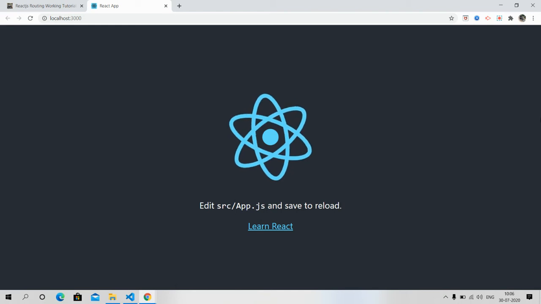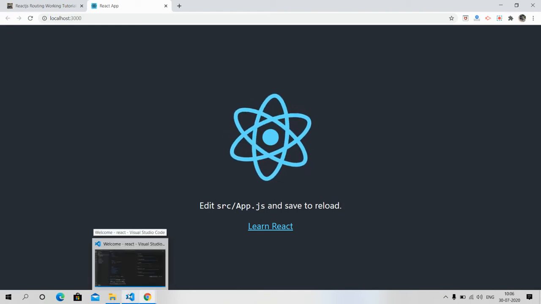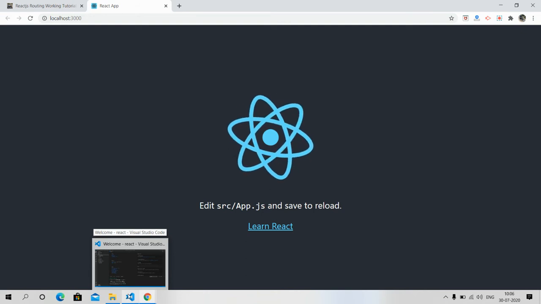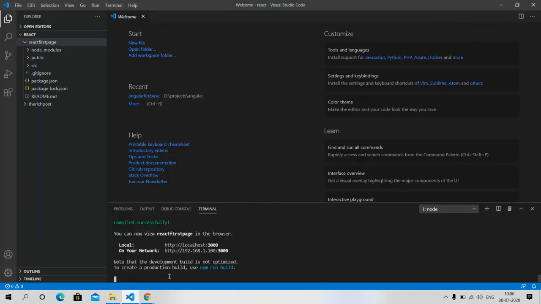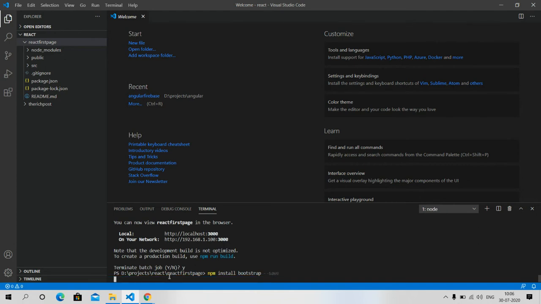Great. Now I will add Bootstrap to it. Ctrl+C, yes, enter. Now I will enter the command npm install bootstrap --save, enter.